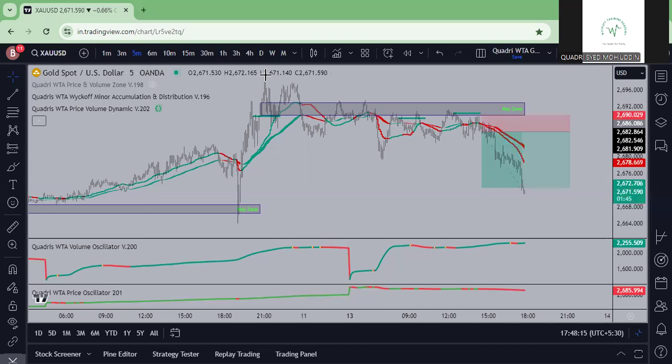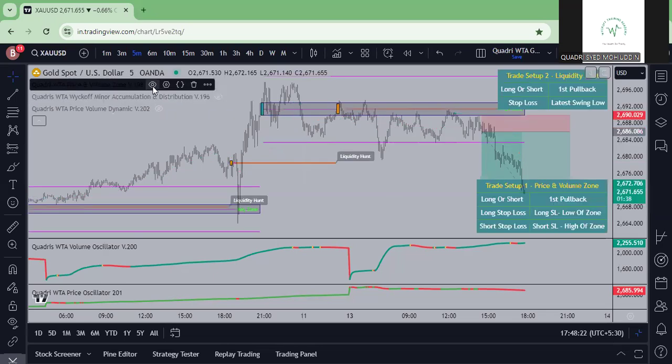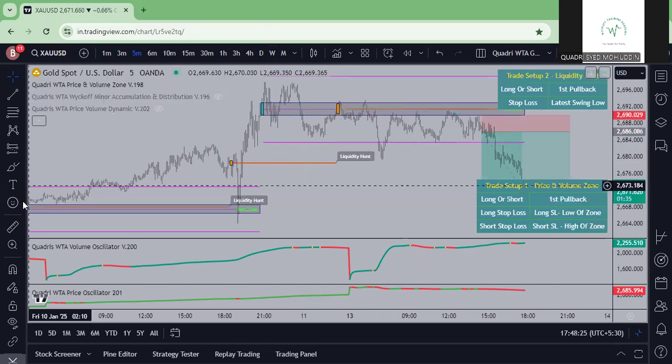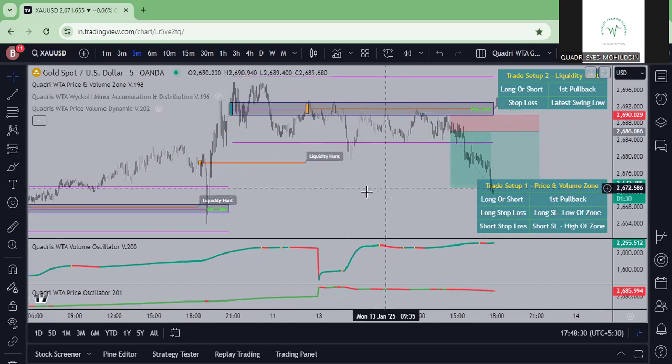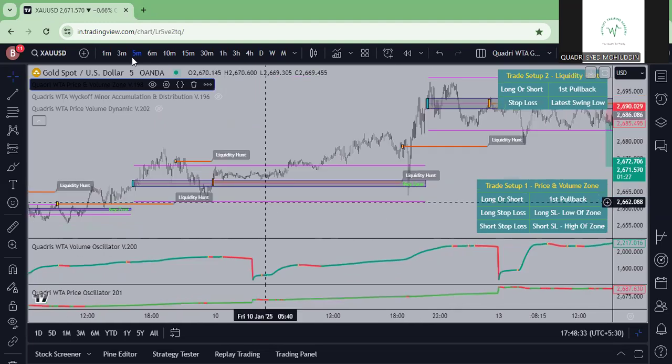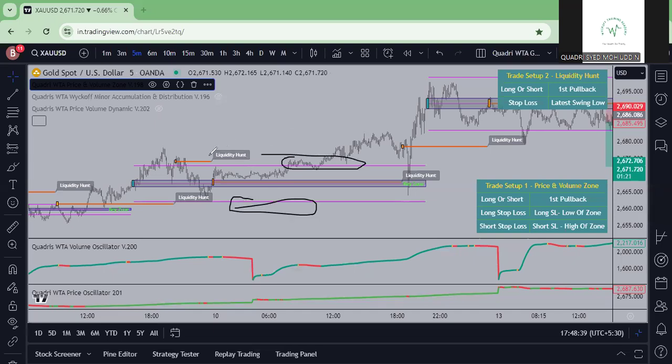And after this one, what we have is the 198 version. The 198 version is completely different and completely versatile in nature. For example, we have the same zones over here, but with the same zones, we have liquidity hunt areas. Fuchsia, pink, and this one are liquidity hunts. After getting a liquidity hunt, price would move either upwards or downwards. So now normally what used to happen in previous trading,